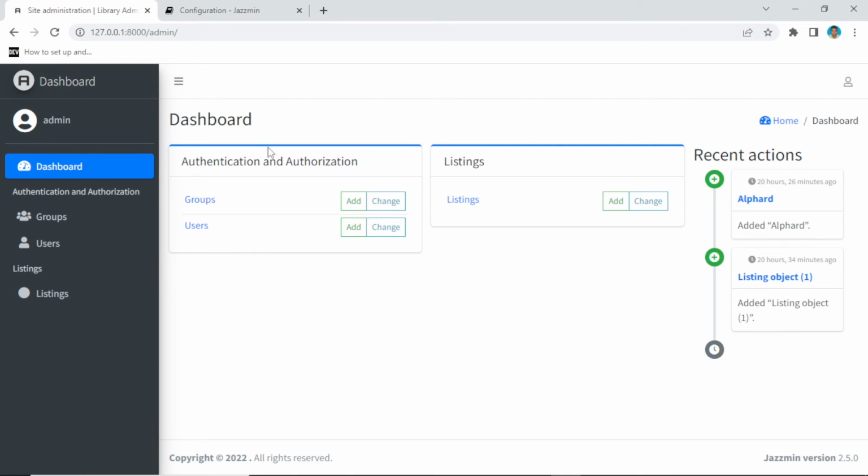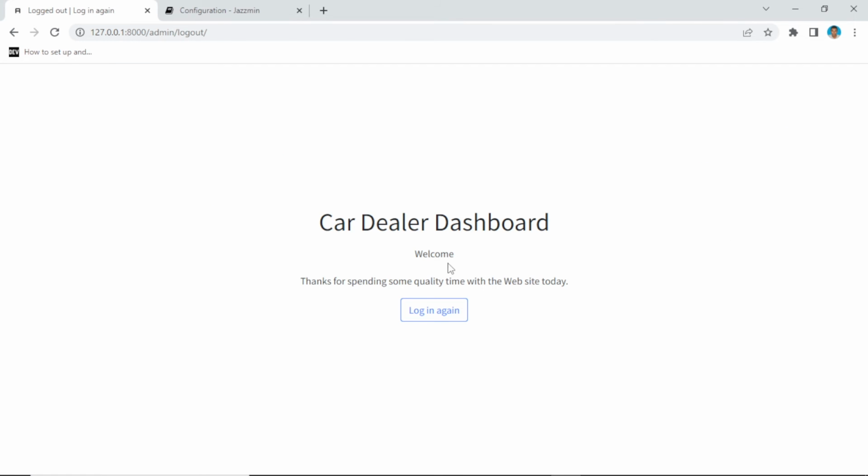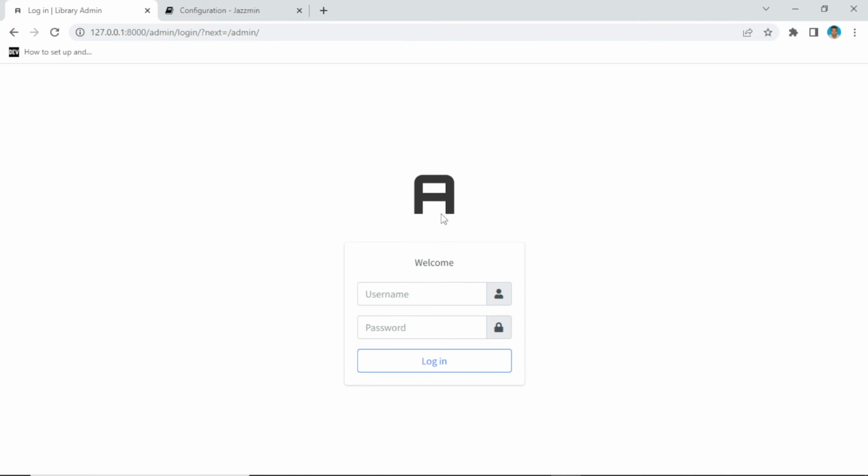Now you can just try to mess up with everything as you want. Let me try to log out and see what we have. Okay, now what I was saying is this one here, car dealer dashboard. So you have this good message here, and then you have this login again. Now if you log in again, you have this welcome, and you have this beautiful page to log in. You see,